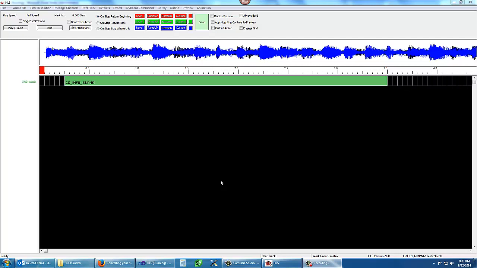In this training video, I'm going to demonstrate a new capability with HLS, and that is being able to drop PNG file effects either on a matrix or on a megatree. I'm going to use a matrix for this example. I simply went out and